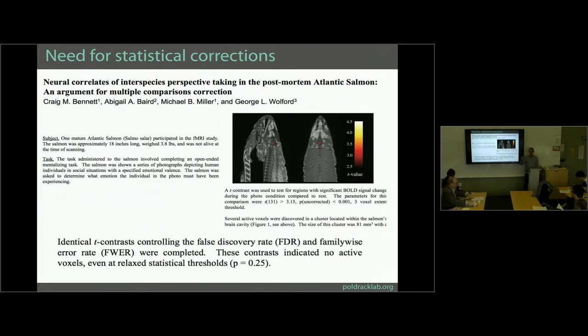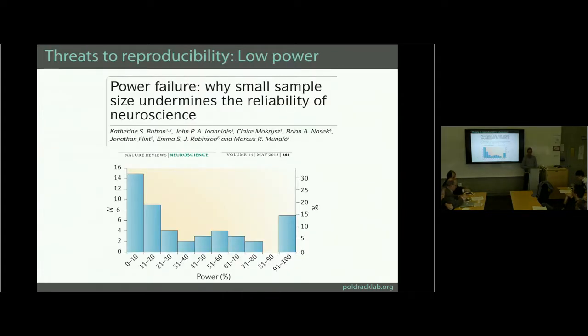And unfortunately, the press picked this up and said, oh, fMRI is worthless, where the point of the poster, I think it actually never really got published because people didn't like this paper for various reasons, but the point of the poster was, if you do the right corrections, you see nothing coming through. But this is a heuristic correction that was often used in the literature. So we need to do the right statistical corrections.